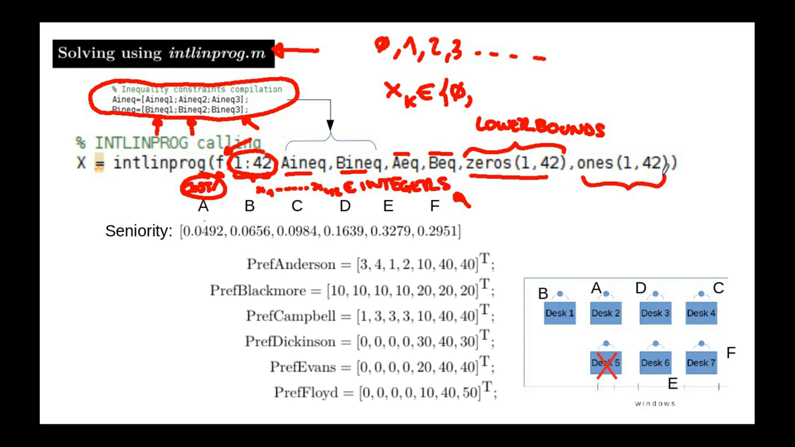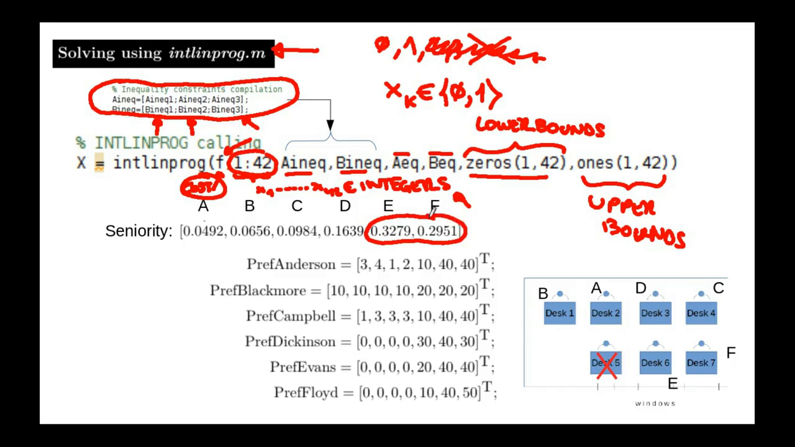And then here I have the upper bound. Okay, upper bound or upper bounds. Yeah, that means that the upper bound will be 1. So all of these values will not be considered. Okay? Then, according to the seniority and the preferences, as you remember, Evans and Floyd are the workers that